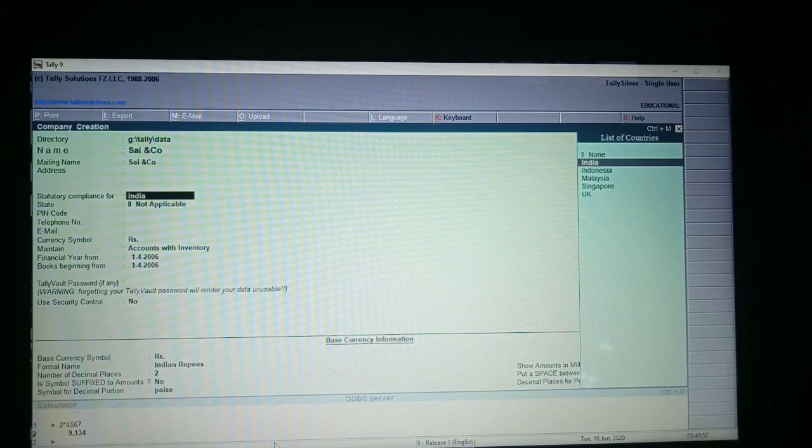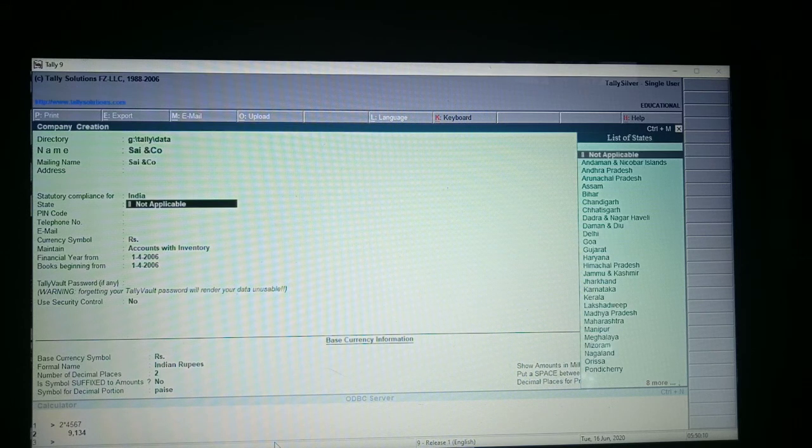And look at this option, statutory compliance for, and the list of countries on the right hand side. You select any one of the country, press enter key. State, you have list of states available on the right hand side. Select any one state.